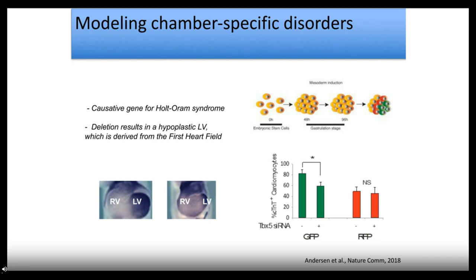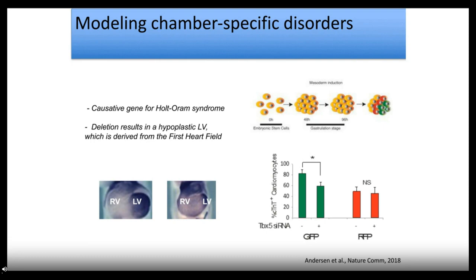So this is where our system potentially could show us, if we're able to use it to specifically pinpoint whether genes are affecting either the first or the second heart field. As you can see in this pretty simple assay, we differentiate our spheroids and then knock down TBX5. We can see that knockdown of TBX5 dramatically reduces the formation of cardiomyocytes in the first heart field, but doesn't affect the second heart field. So we can actually use this system to study these